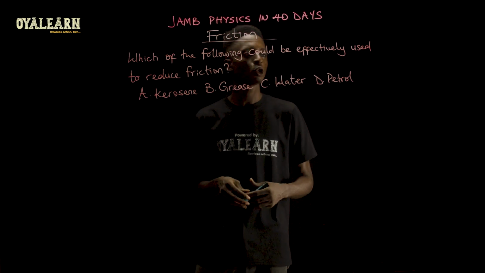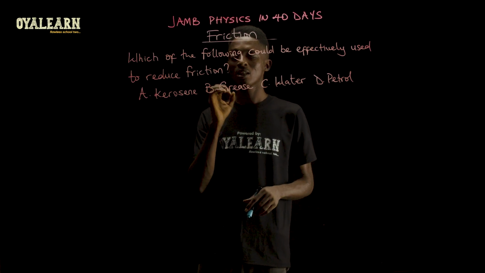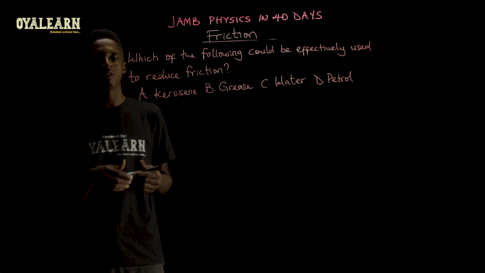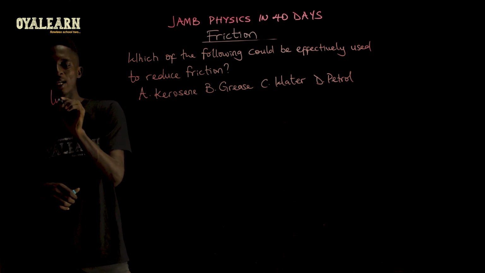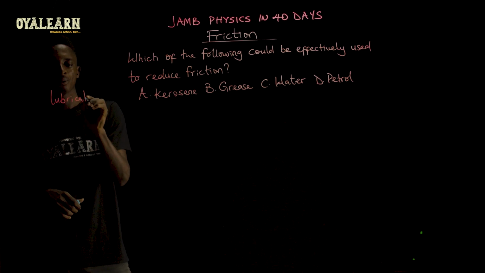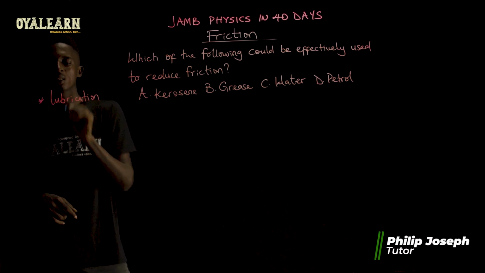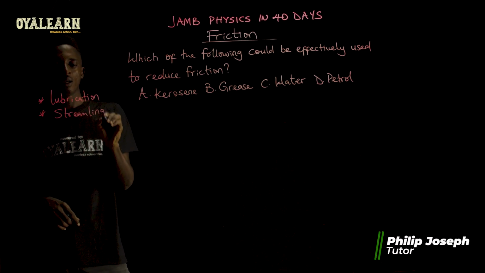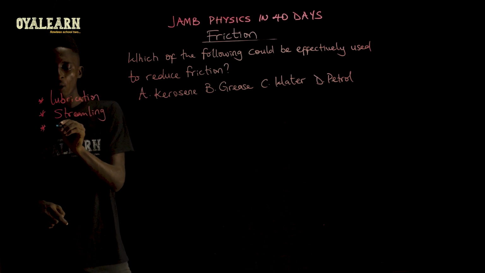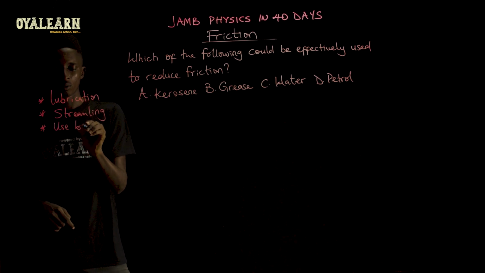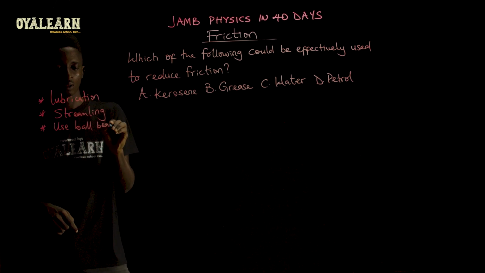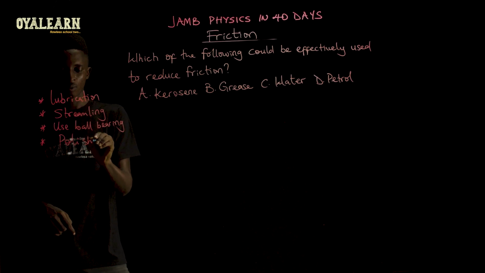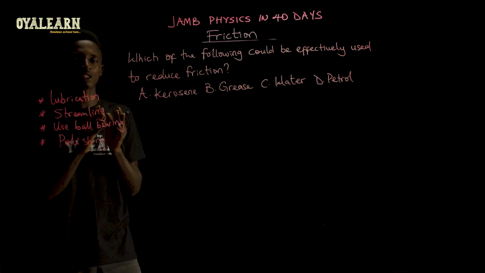Which of the following could be effectively used to reduce friction? Now, when trying to reduce friction, there are a number of ways that we can do that. One of them is by applying lubricant, or in a process known as lubrication. That's one of the methods. Another way is also to do what we call streamlining. Another way is to use ball bearing. Another way is polishing,